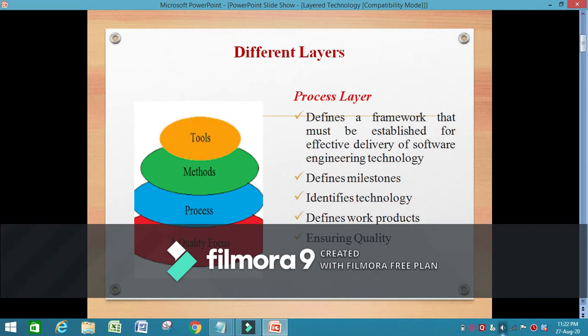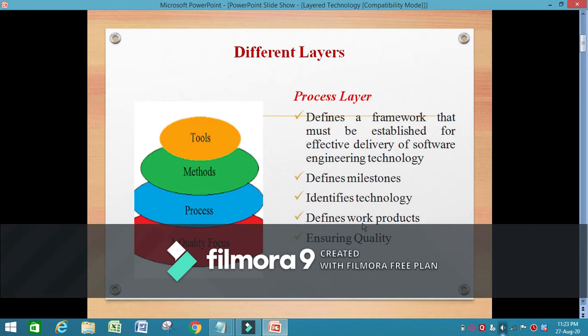First, we shall discuss the use of the process layer. This process layer defines the framework that must be established for effective delivery of software engineering technology. That is, it provides what has to be done to deliver a product with good quality to the customer. Here they define the milestones, that is the time duration for development of each and every module, and also identify the technology that is going to be used for the development of the software.